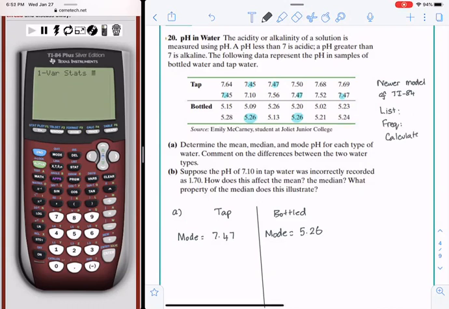So in your case, you just enter L1 here, leave that blank, and then hit calculate, or it might say paste. If you have the older model, you can simply do 1-Var Stats, second 1, and hit enter. And that gives me a mean